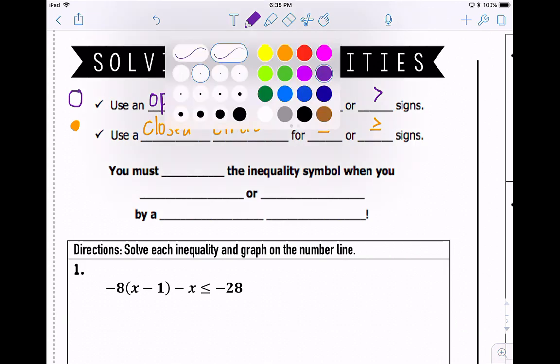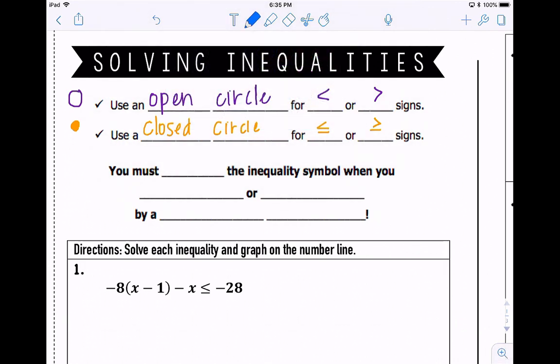Something else that's really important is that you must flip the inequality symbol. So we're going to write that in. We're going to fill in: flip the inequality symbol when you multiply or divide by a negative number. So anytime you multiply or divide by a negative number, you have to flip the inequality